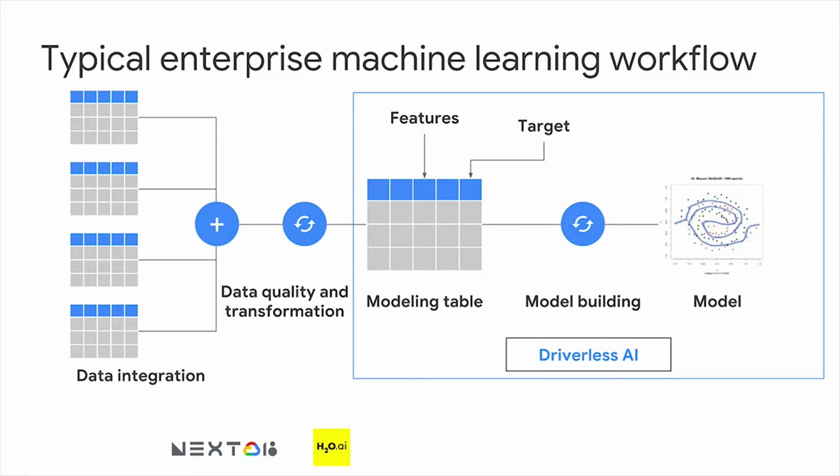And how do we do that? Let's go back to this enterprise machine learning workflow. You have data coming in from different sources. You still need to do that. You need to do the ETL part. You need to do the data transformation as well. We do some of it, but not a whole lot. But once the data is in a single data source, if you will, a single file or data frame, at that point on, you can let Driverless take care of everything.